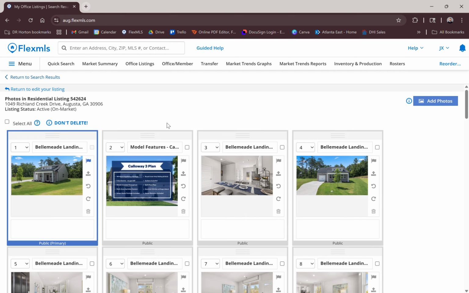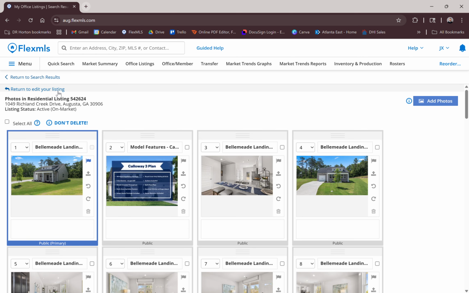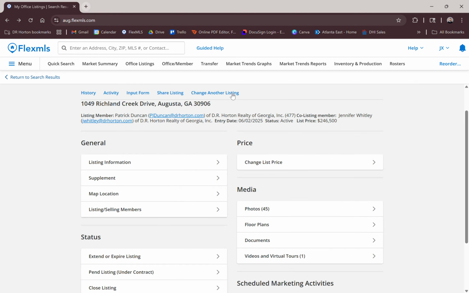So perfect. Once you've made those edits to the photos, you can go back to return and edit your listing. And that's going to take us right back to that input page again. Now let's say those photos are just all out of whack, or you notice that it only has like one photo and you need to add more. So where can you find those photos? Or if you notice there's no pictures of the living room in here, or anything's missing. So if you go back to this listing,